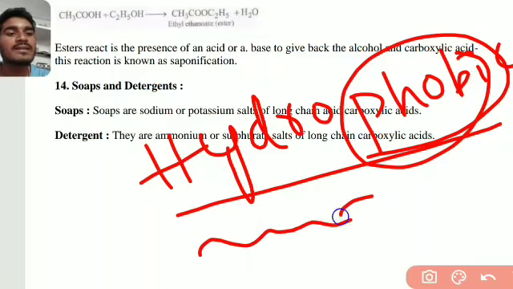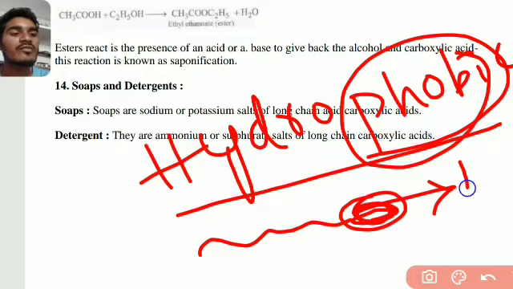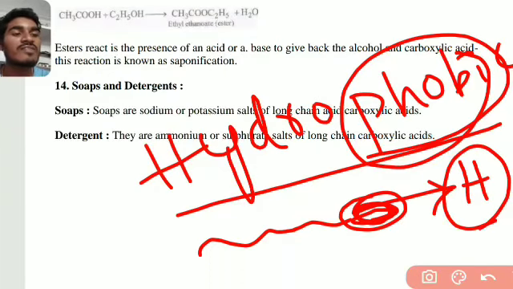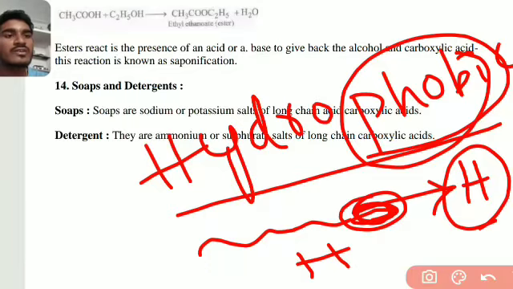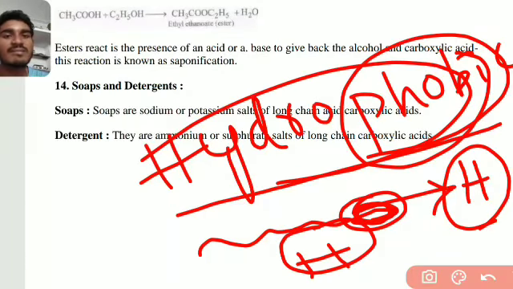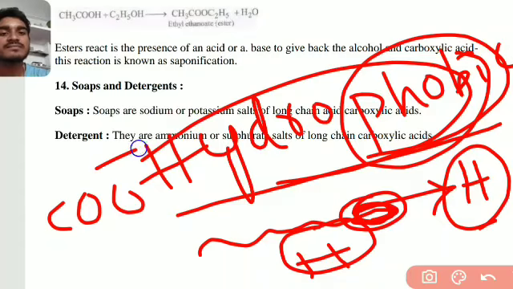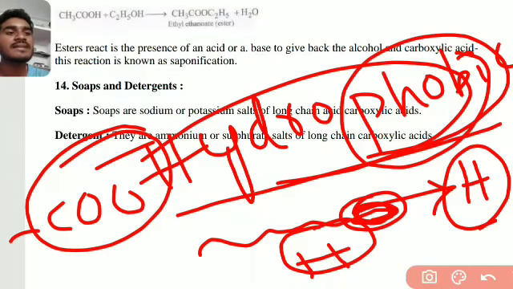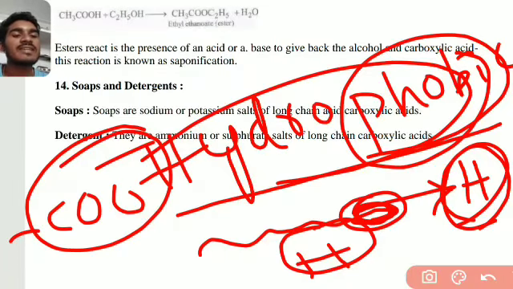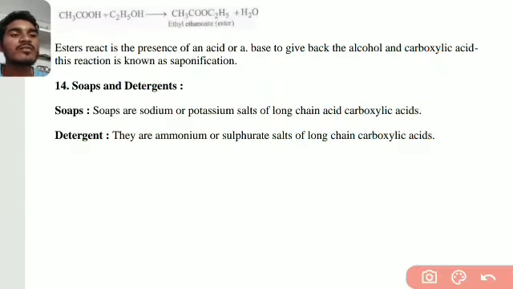Here is the tail region and the head region. The head region is always attached to water; it is hydrophilic, always liquid loving. In 10th based exams, in final exams, they give a 4 marks question on hydrophobic and hydrophilic, with examples. Example: sodium acetate is the best example for this. Sodium acetate has a head and a tail region, and the head region is hydrophilic. It is liquid loving. This is hydrophobic and hydrophilic.